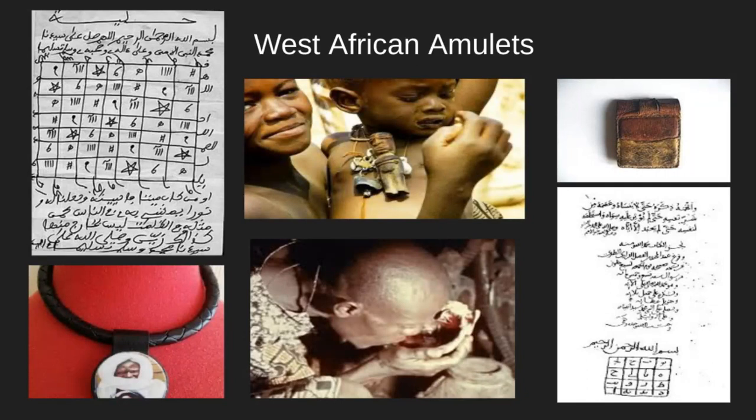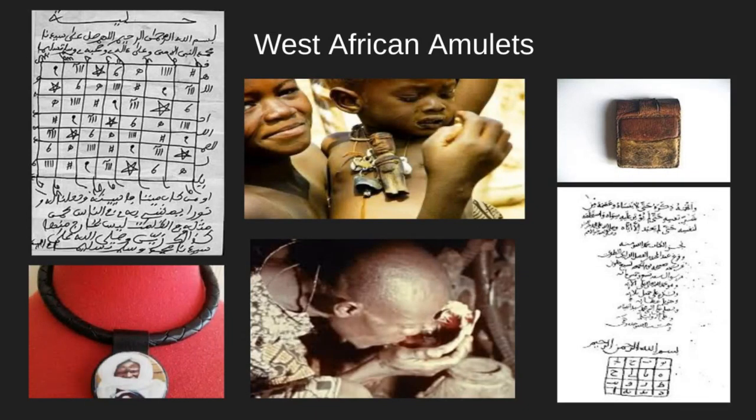Now, amulets can also serve a function of protecting you. You can see here the child is wearing an amulet in the image at the top center, and on the bottom left you see an image of Amadou Bamba, the founder of the Mouridia order in Senegal, and one wears this around one's neck in this case in order to protect you. So the amulet is a written formula that is also a powerful object that can protect you. And you can see here on the right at the top, one might carry these inscribed amulets inside of a pouch, and they serve the function of protection.